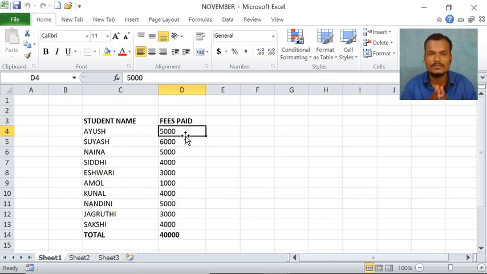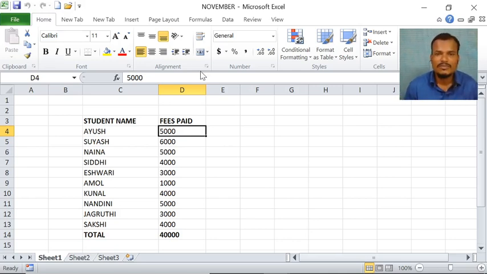October is in one workbook and November is in another workbook. I want the total amount each and everyone paid in one workbook. Ayush, how much total did he pay? Suyash, total amount he paid. Naina, total amount she paid. Like that, I want the complete details in one worksheet.